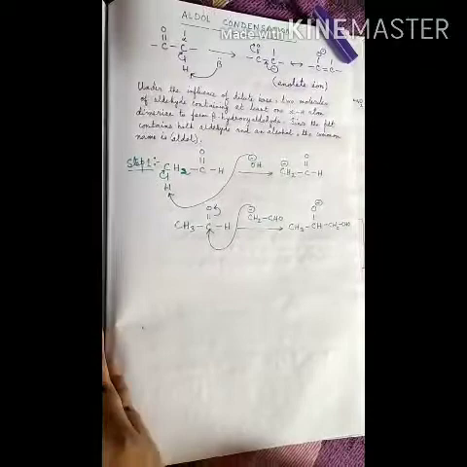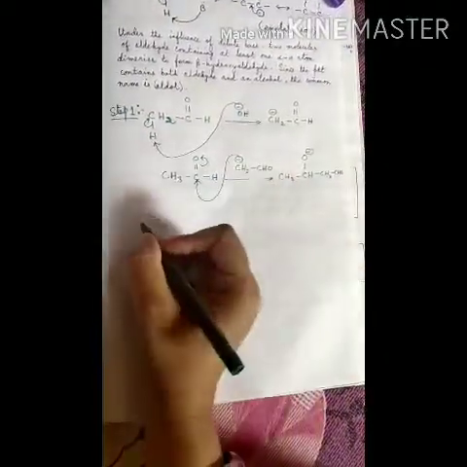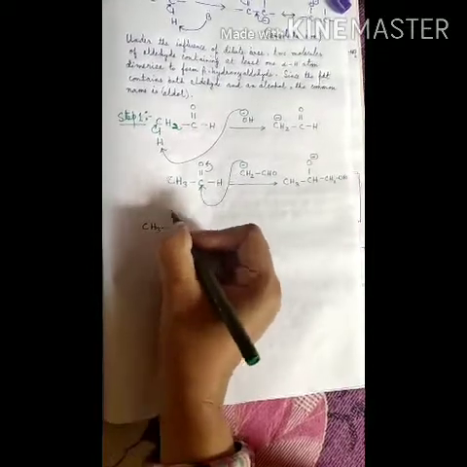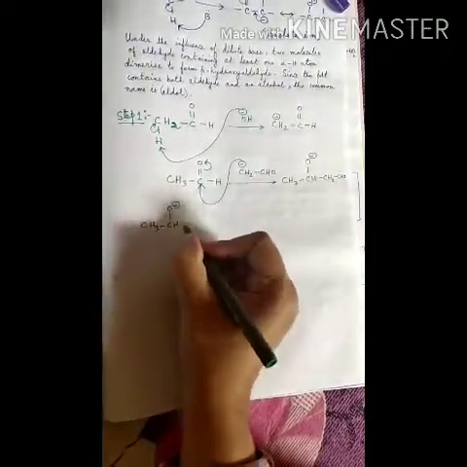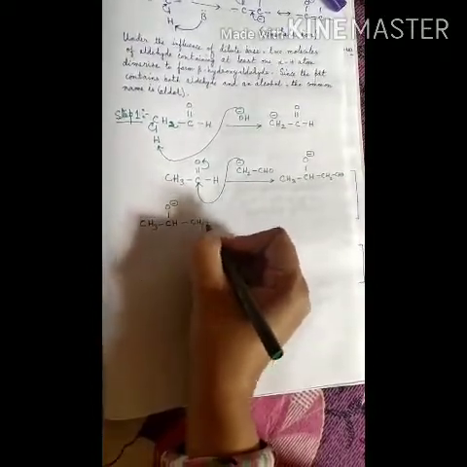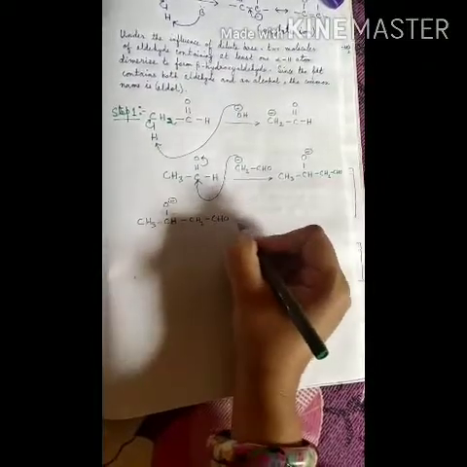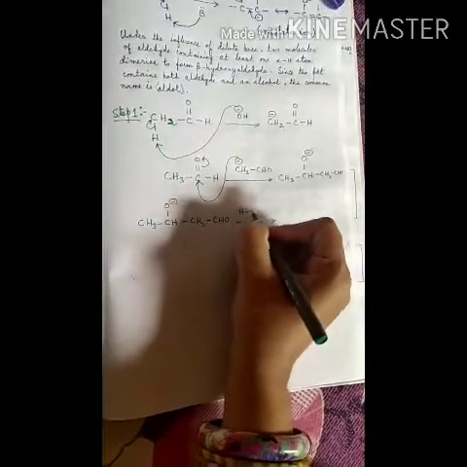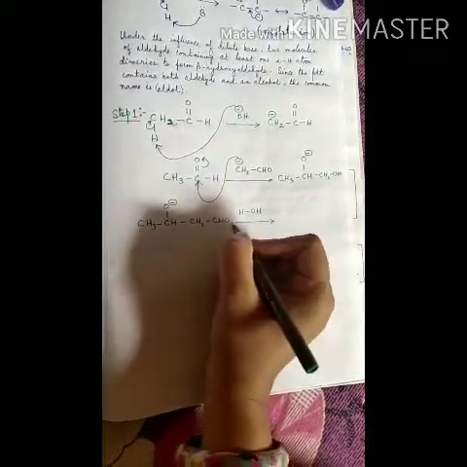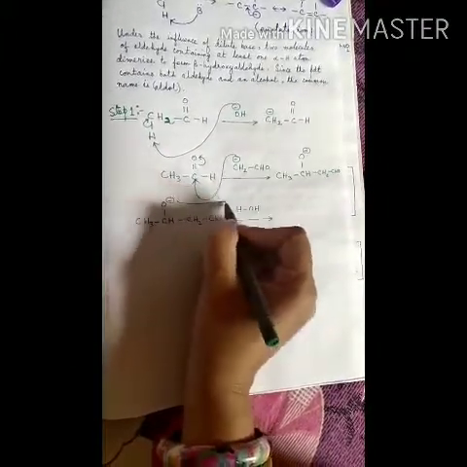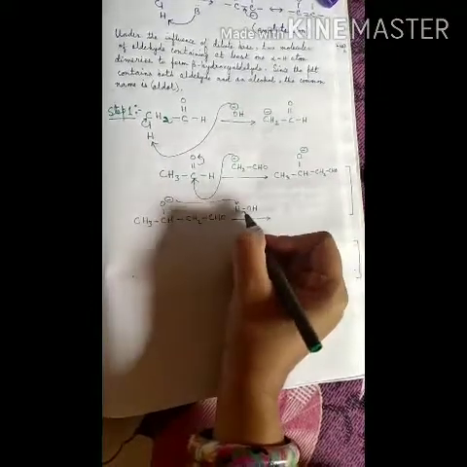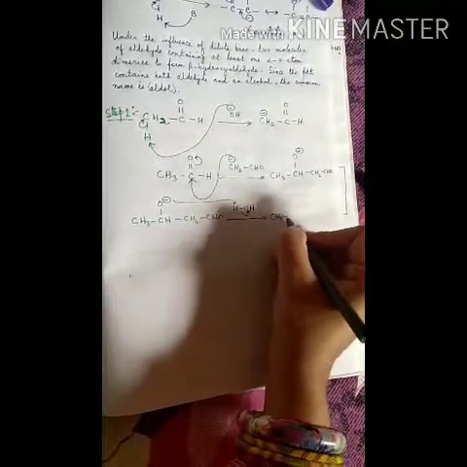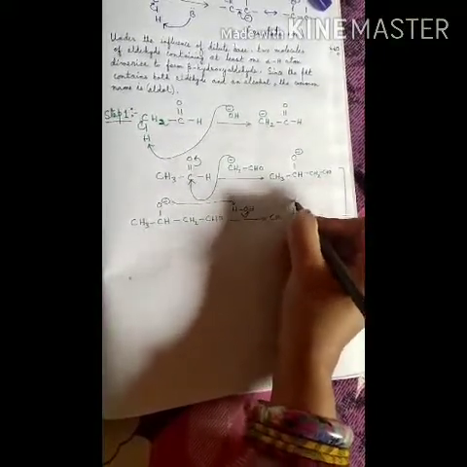Okay, now what happens? We have got this, that is CH3, CHO minus, CH2, CHO, and we have got a negative charge over the oxygen atom. What happens? There is a water molecule in the reaction medium, and this O minus will take away one H plus, or abstract one proton, from the water molecule, giving us the beta hydroxy aldehyde. You see?